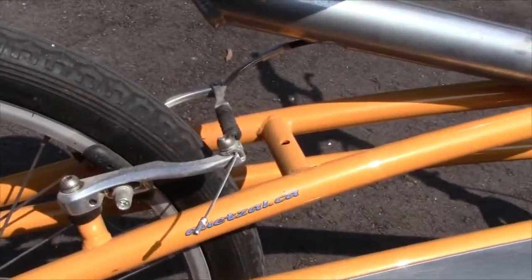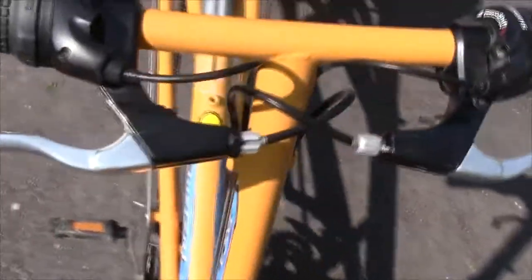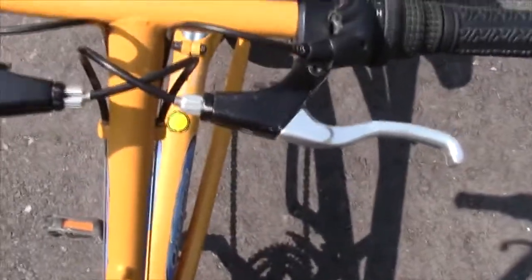It uses V brakes, which are my favorite type of brakes, and it's got one of those in the front and one of those in the back. And just a traditional sort of setup up here. You've got grip shifters, which I'm not a huge fan of, but for this application they work just fine. And then your brake levers are just up there, and they just work like any other bike in terms of your handlebars. It looks like you can raise and lower this